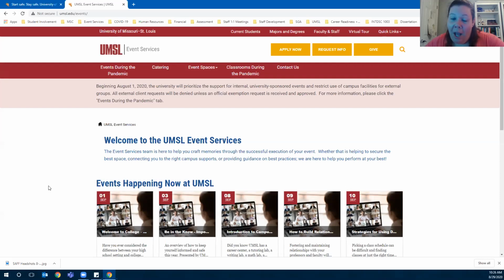And what that meant for us is that the university is prioritizing support for internal university-sponsored events and activities starting August 1st. So as soon as August 1st hit, that was what we started to focus our energies on. That means we're restricting campus facility usage to external clients at this point. So where you may have seen weddings in the chapel on South Campus, or you might have seen an Ameren come in and have a conference in the J.C. Penney building, you're not going to see those sorts of things throughout the duration of the fall for the majority